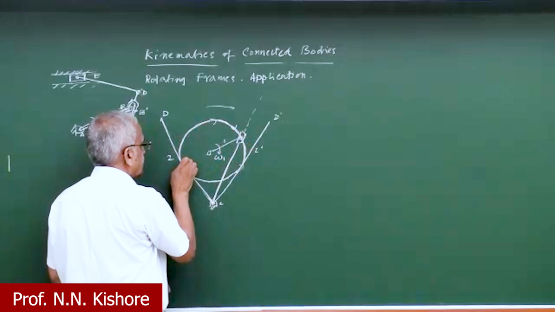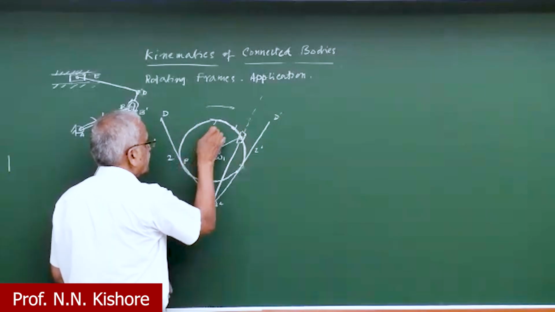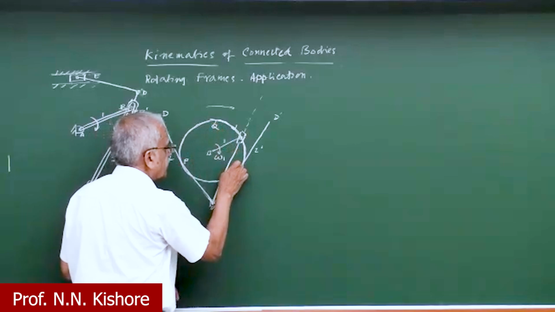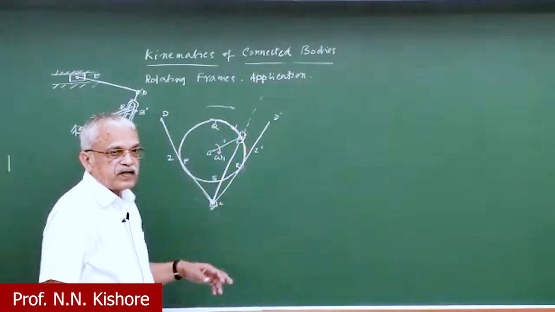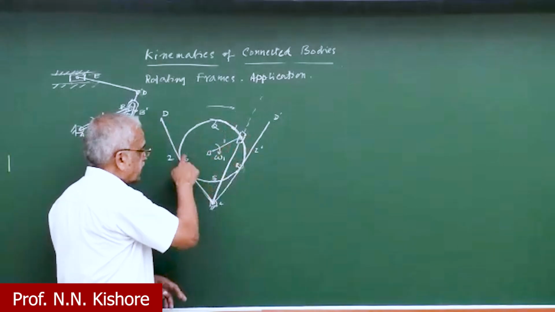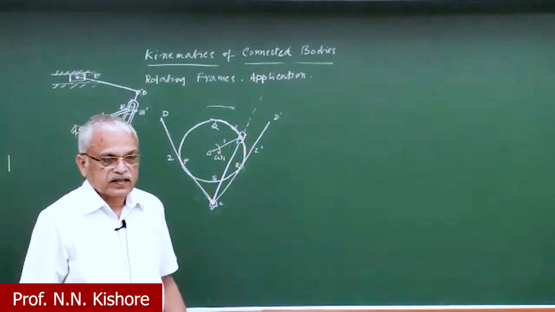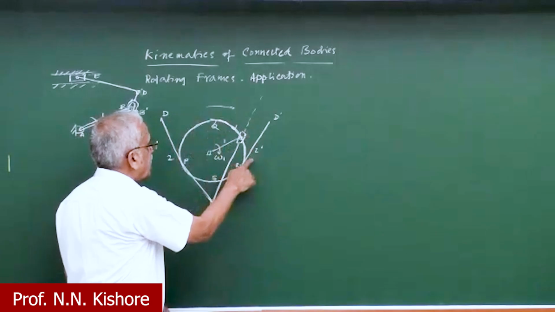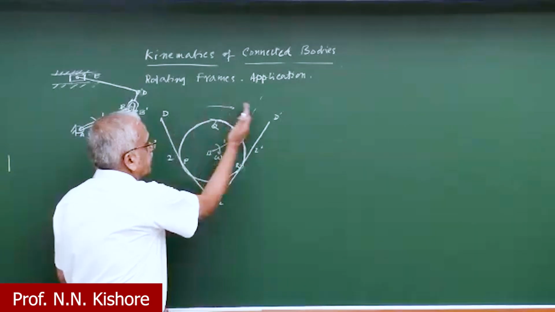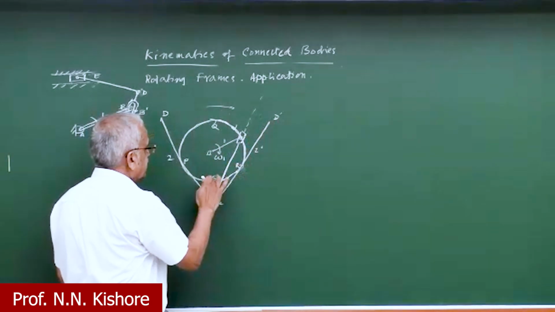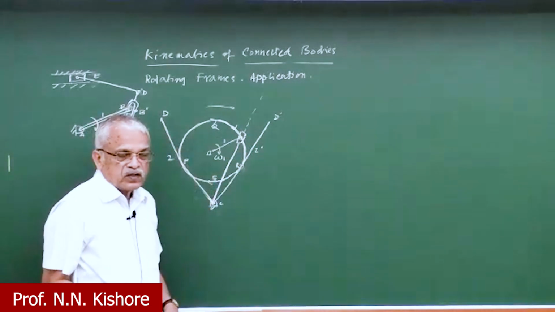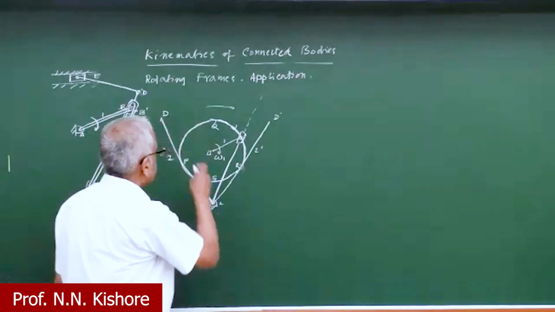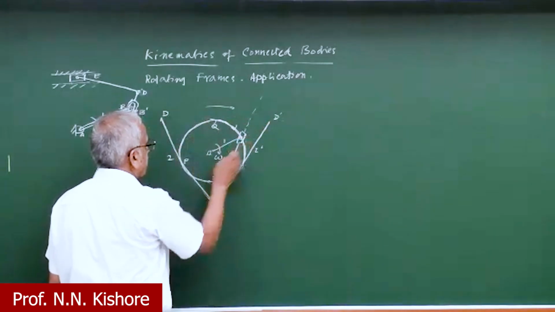Let us say this is P, Q, R. This PQR is the bigger arc of the circle and RSP is the smaller arc of the circle. During PQR it is going to go in this direction, and during RSP it is going to go back to this position. So the time taken for this kind of motion is governed by